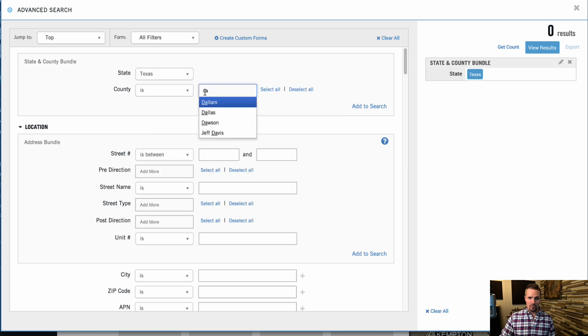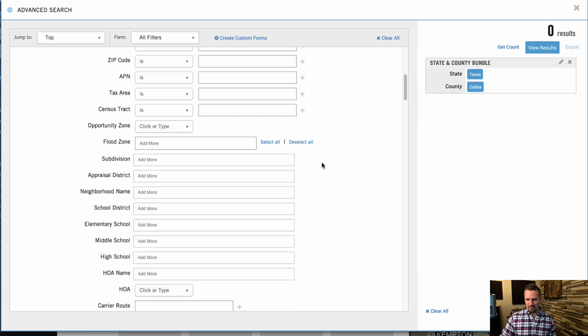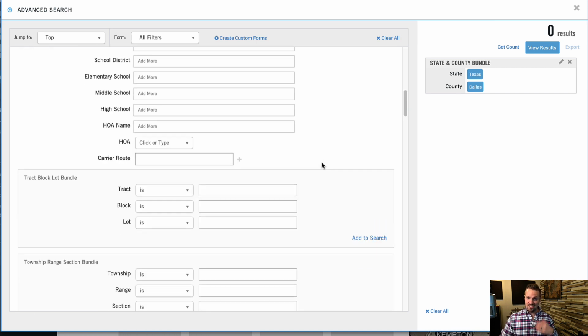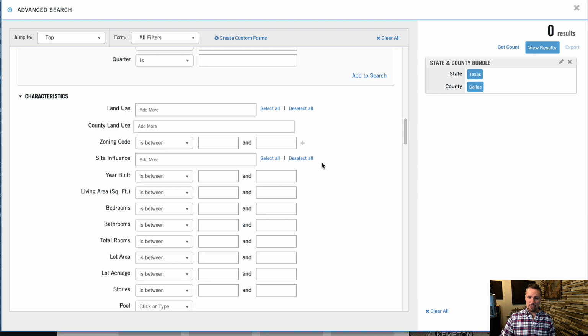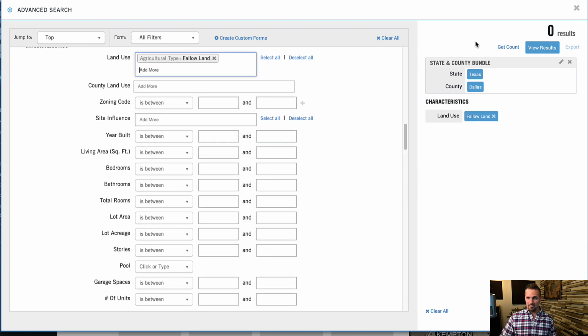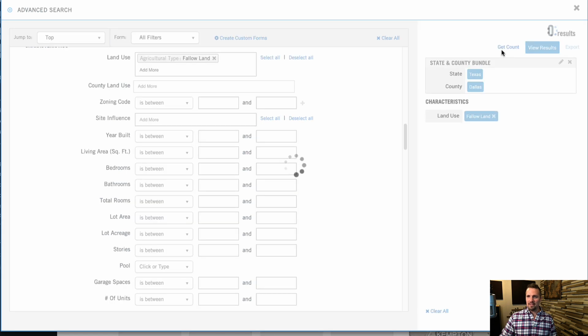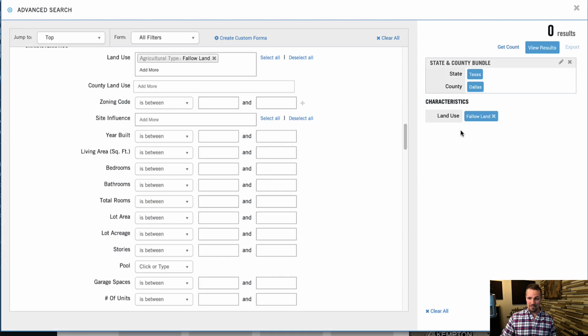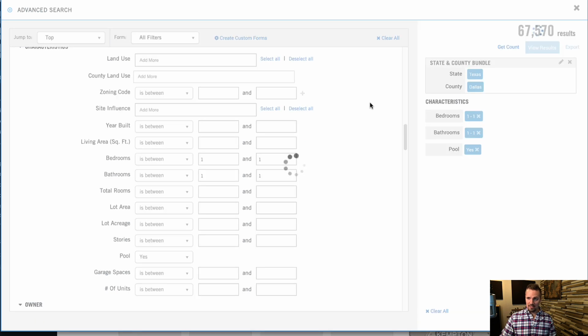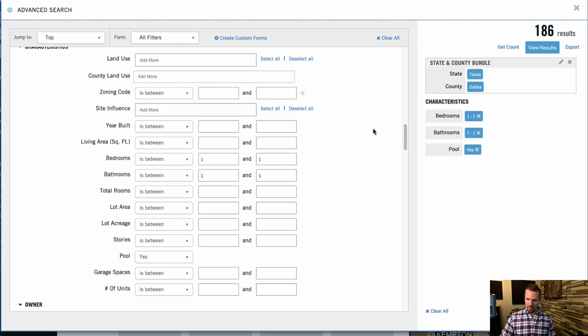Go ahead and do Dallas again. And let's filter this to be a pretty small list because I don't really need a huge list. I just want to be able to see what that delinquent tax data looks like when we get it. So we'll pick just some pretty obscure uses here just to make this a really small list. And that number is a little bit too small. It's not going to work. Let's pick something else. Probably not a lot of properties like this. Okay, so that's a pretty small list.